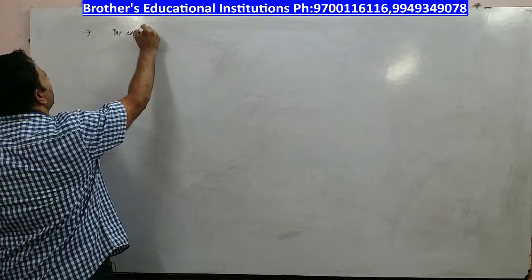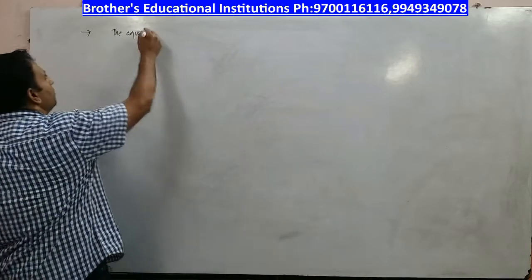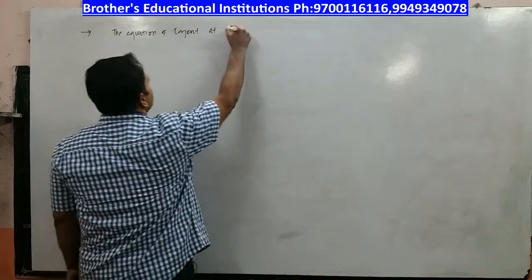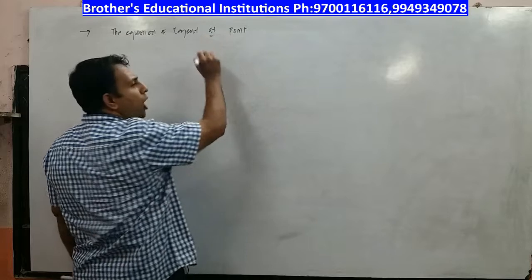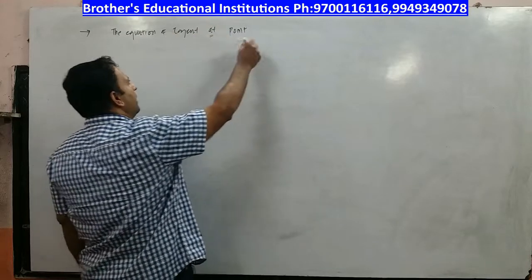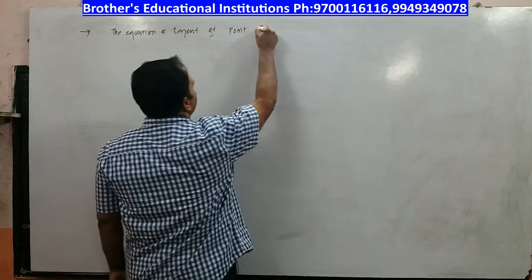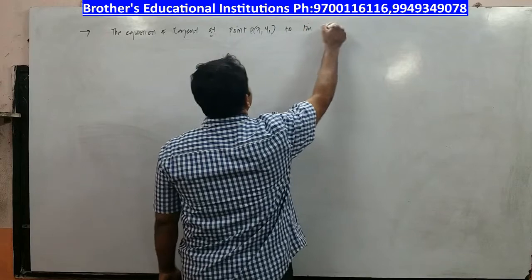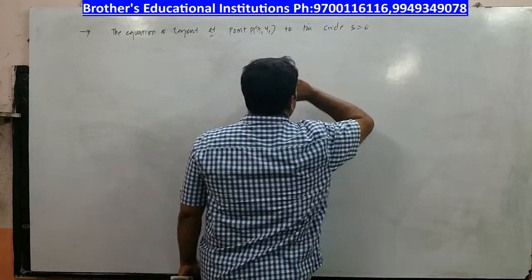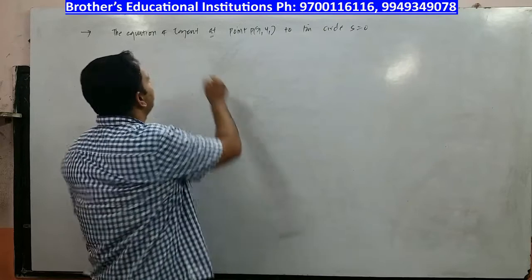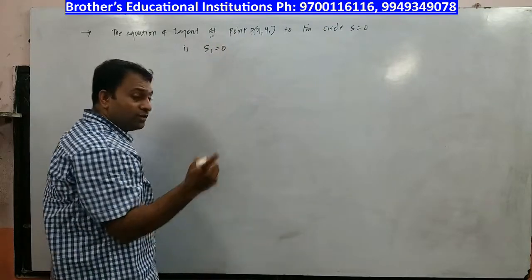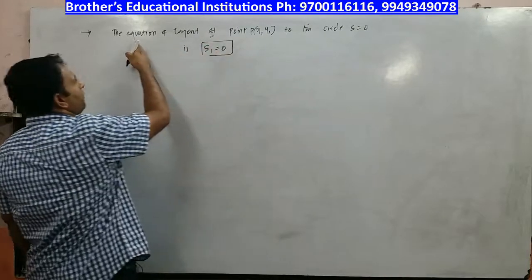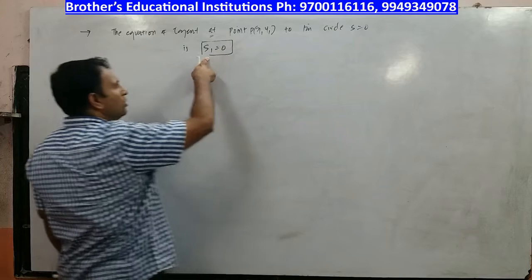Now why that notation is used, we will come to know. The equation of tangent at, see these at, of, on, in are very important, please don't neglect. The equation of tangent at point x1 y1, I will say P(x1, y1), to the circle S equal to 0. You know what S1 equal to 0 is? It is notation. So this is how things will be for you in future. The equation of tangent at point x1 y1 to the circle S equal to 0 is S1 equal to 0.